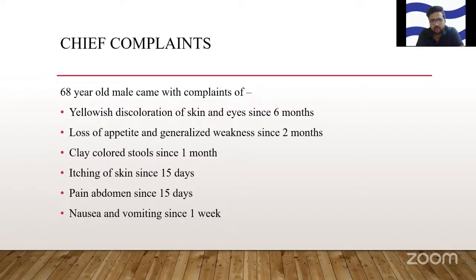So, how do you differentiate the muddy sclera from yellowish discoloration of skin and eyes? Sir, we can differentiate muddy sclera from jaundice by looking at other sites also, sir. In case of jaundice, we can also look at the undersurface of the tongue and also the nail beds, the palms and soles. Also, we can find the signs of varices, sir.